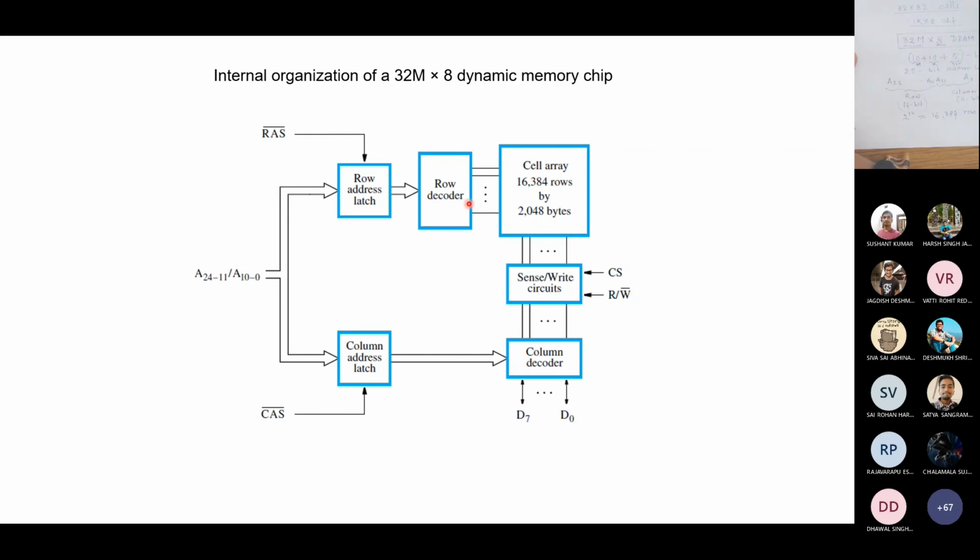All the values will come from this. How many values will come? 2048 bytes, because there are 11 bits for column selection and one column is 1 byte, because we are giving it 8-bit data. So one column is 1 byte. Basically, those multiplexer and demultiplexer will be 8-bit width, that you can simply replace. So the 8 bits will come here.